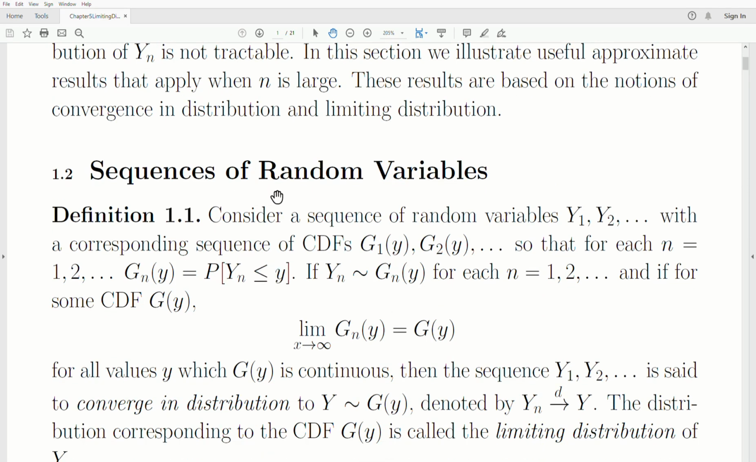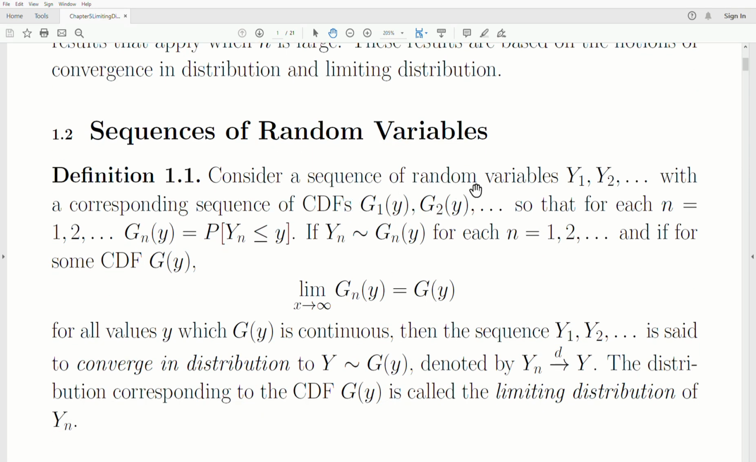So first, let's look at a sequence of random variables. Consider a sequence of random variables, Y_1, Y_2, etc., with a corresponding sequence of CDFs, and that stands for cumulative distribution functions, capital G_1(y), capital G_2(y), and so forth. For each n, this CDF is this: capital G_n(y) is the probability that Y_n is less than or equal to y. Now, if each Y_n is distributed with this distribution for each n from 1 to infinity, and for some CDF